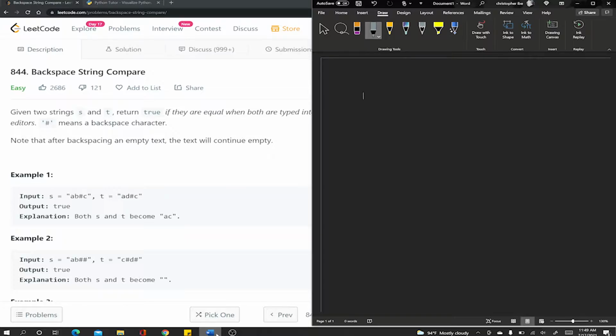So for example, we have two strings. s equals, in this case, a, b, #, c. The second string is t, and t equals a, d, #, c. Again, keep in mind the backspace is represented by the #. In this case, what I'm thinking is using two stacks. Let's say the first one is stack